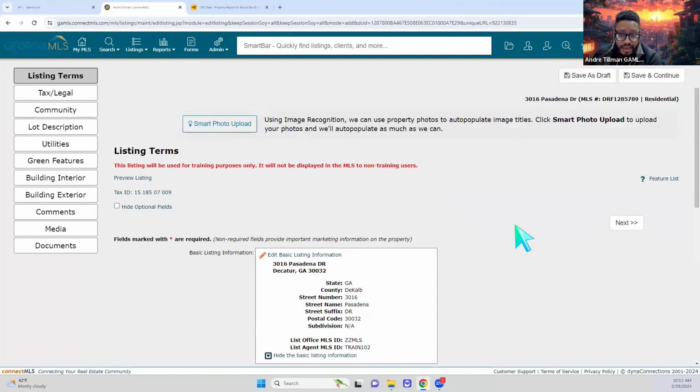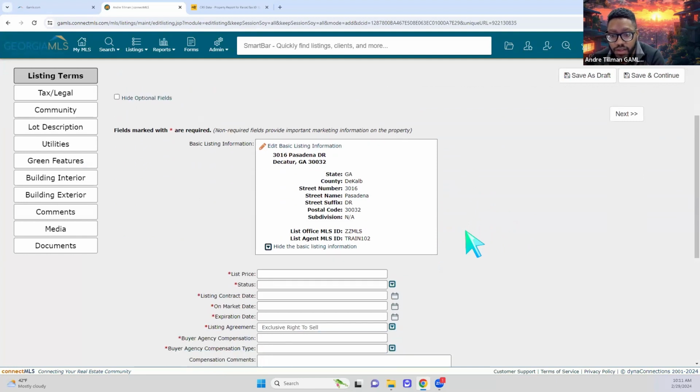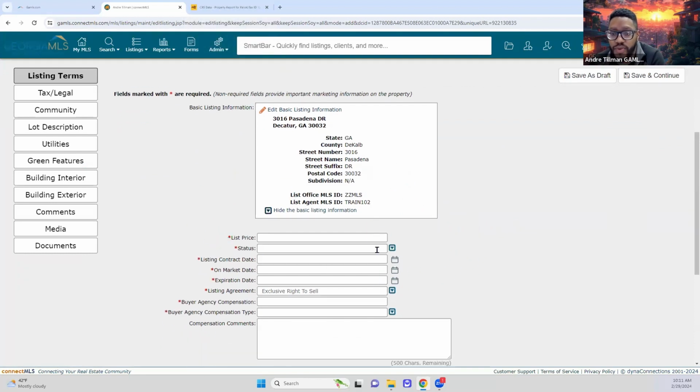Now, this is the beginning of adding that listing within your connectMLS profile. As I'm going through the listing, remember this is all information that was copied in from CRS, the MLS tax data. So starting the process, just make sure this information is accurate. Like I said, I'm going to take a little bit more liberty when I'm doing this. So list price, we're just going to make an assumption for this property,